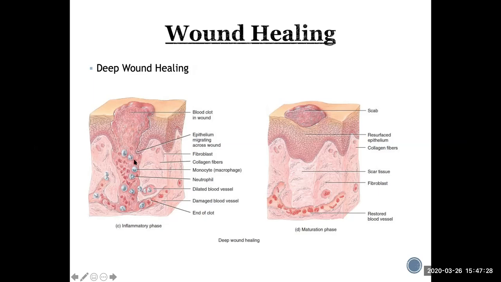Professor, quick question. Did you say that the damaged blood cells are what is actually leaking out of the wound itself? If you actually wound yourself and get down to the dermis, chances are you're going to damage a blood vessel, because the dermis is highly vascularized. If you only reach the epidermis, then you probably won't draw blood. But if you get down to the dermis, you're probably going to damage a blood vessel,